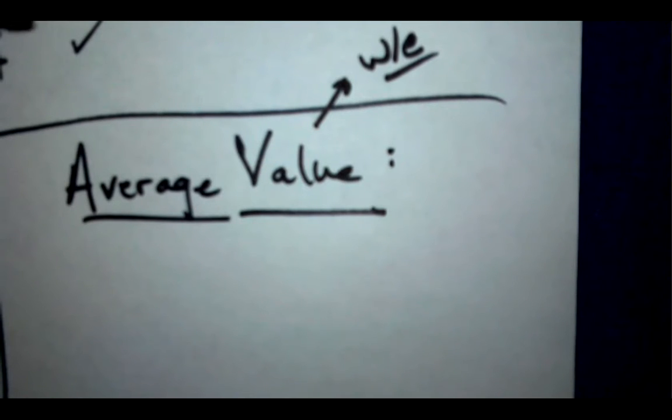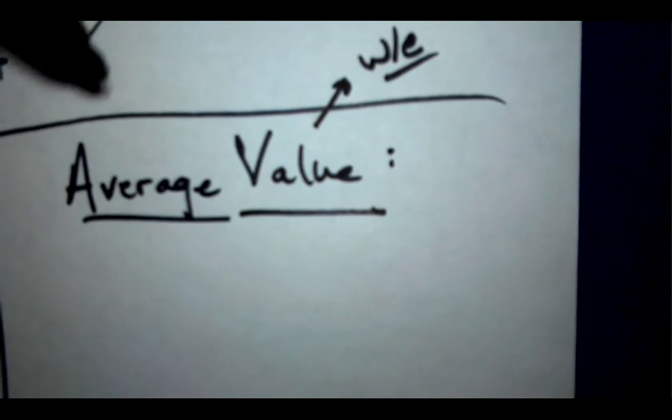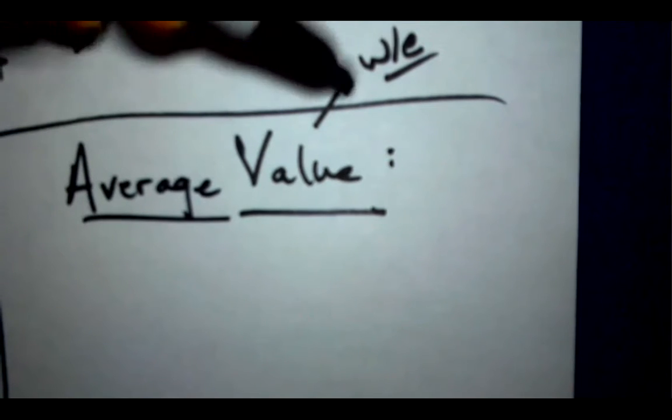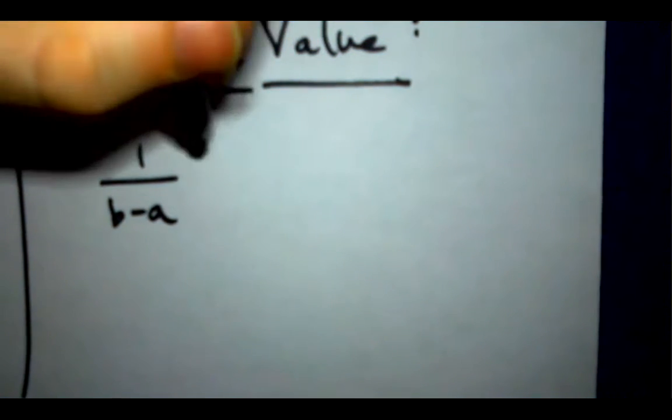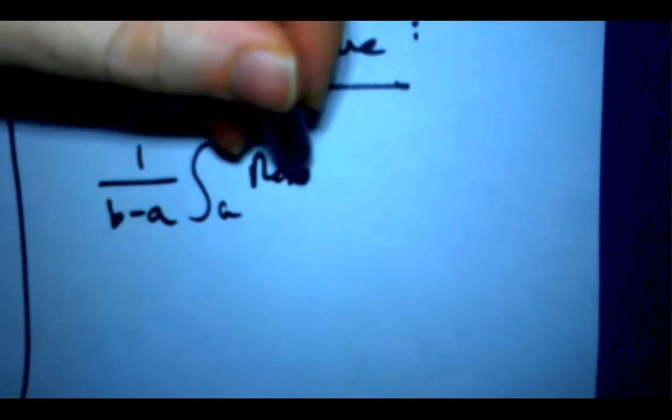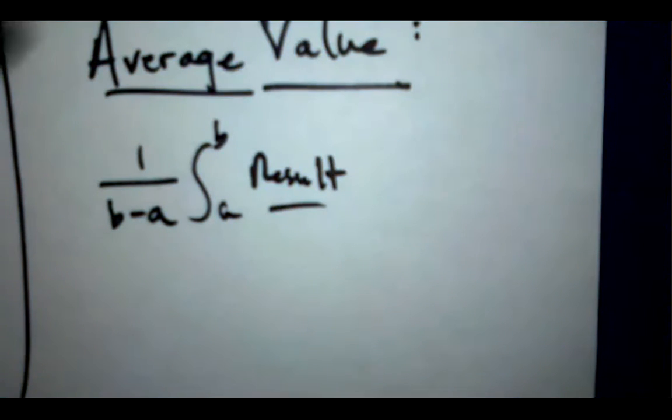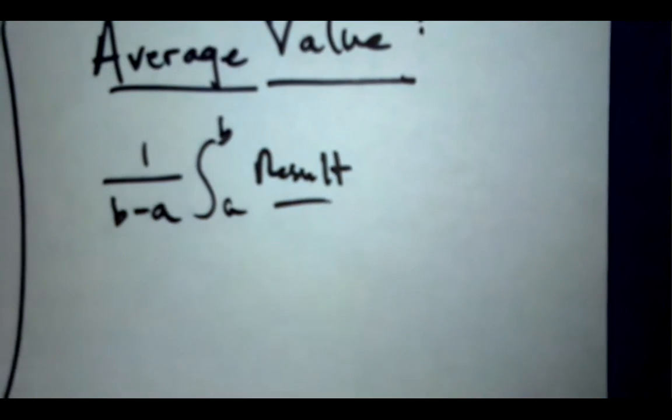I'm trying to think about other problems they use in the AP exam that I've read over the years. Average, whatever they're talking about, is found by the following formula. 1 over b minus a times the result of the integral. 1 over b minus a times the result of that integral